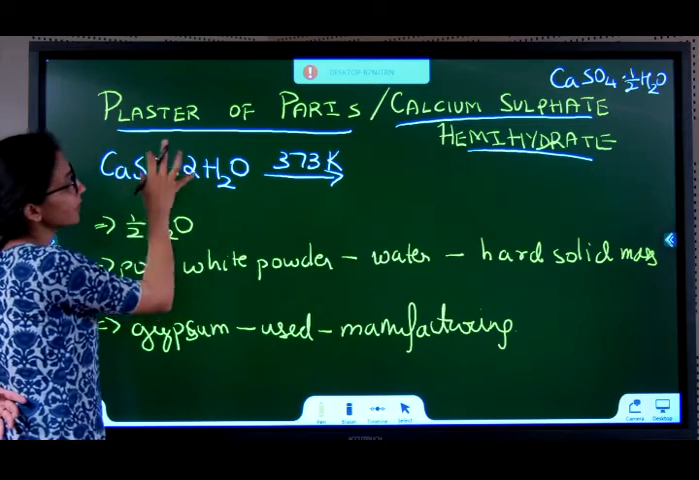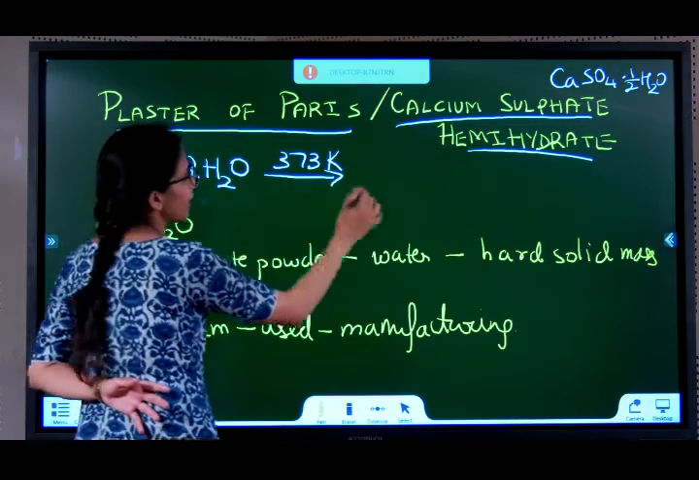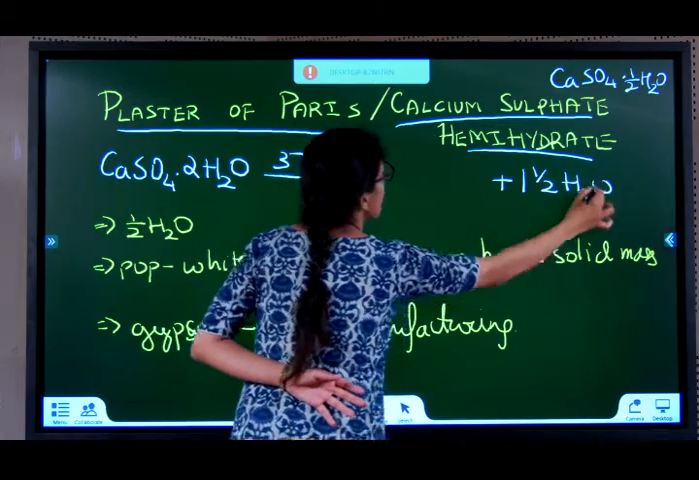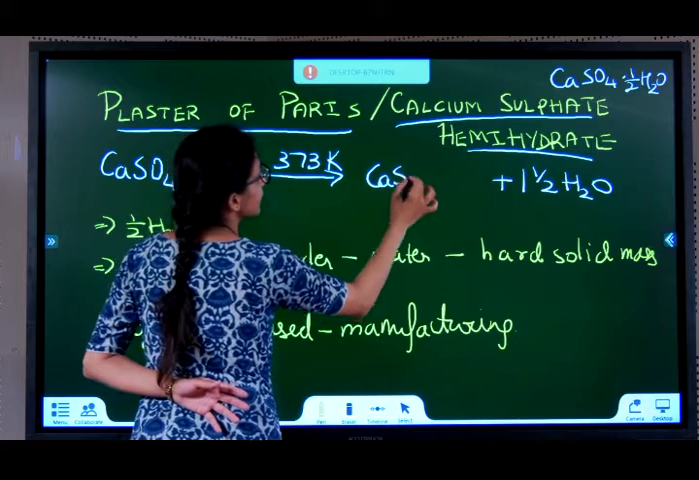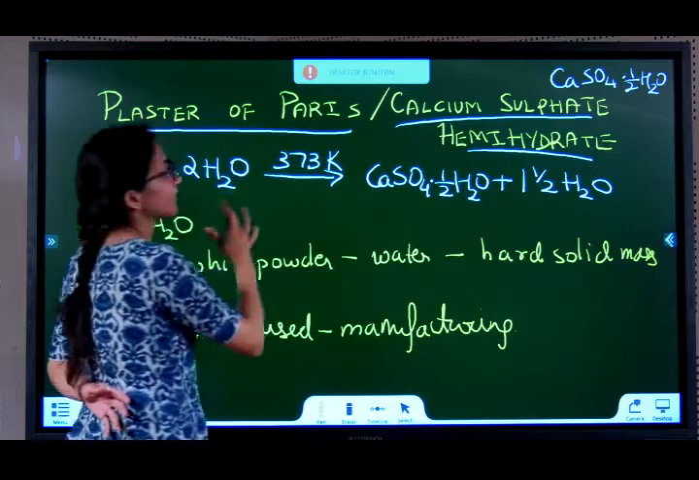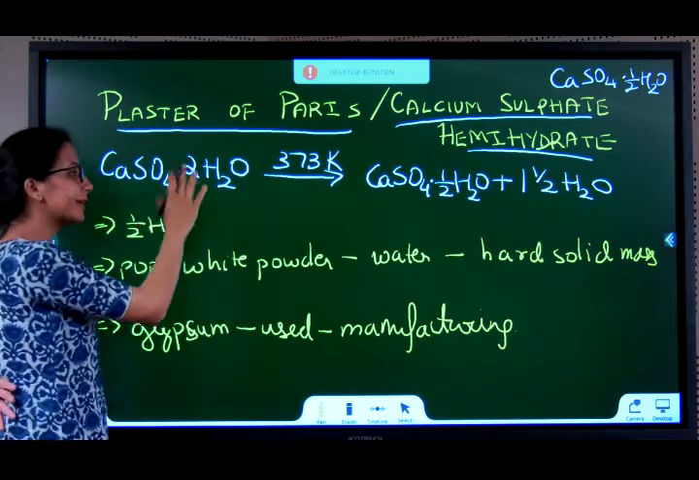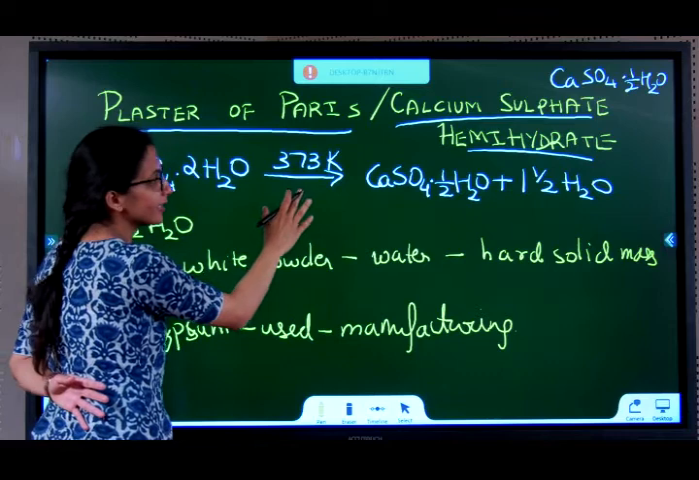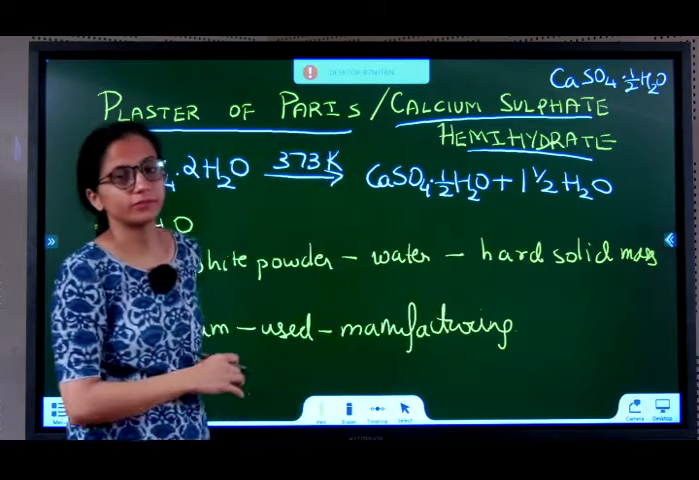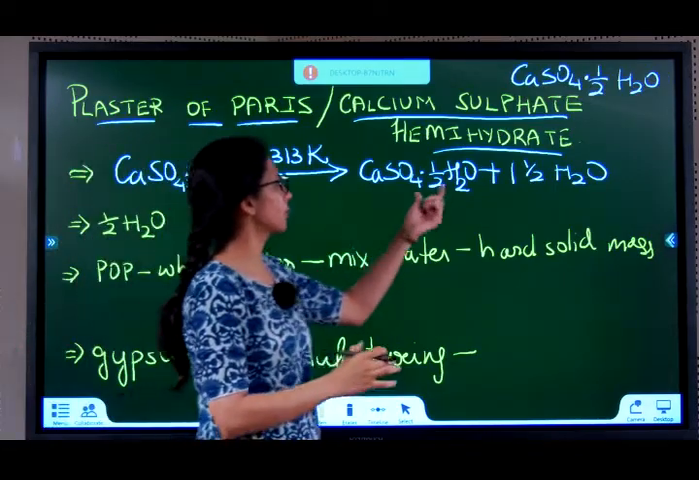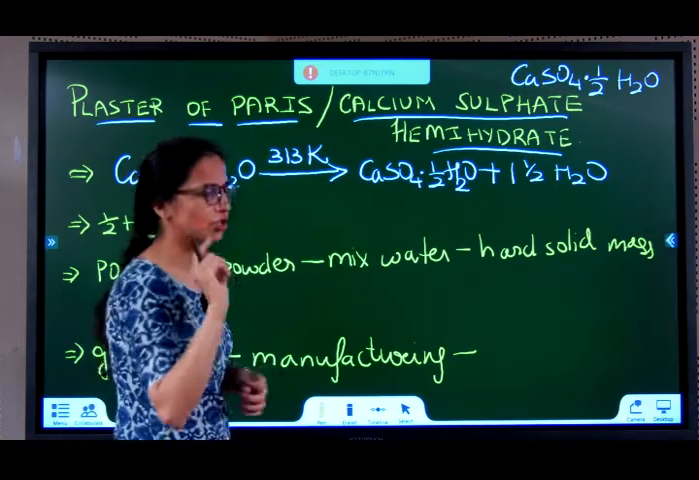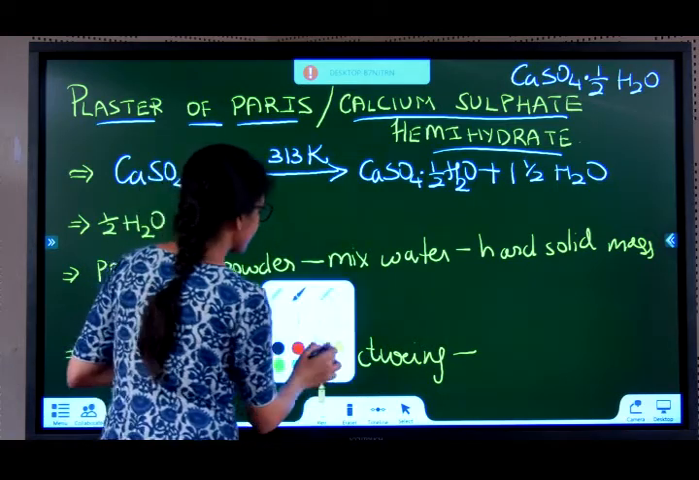If you take calcium sulfate dihydrate and heat it at 373 Kelvin, it loses 1.5 water molecules and forms calcium sulfate hemihydrate. You can say gypsum on heating at 373 Kelvin forms POP with loss of water. What is this half H2O? Is half H2O possible? Recapping to crystallization, you need to understand,